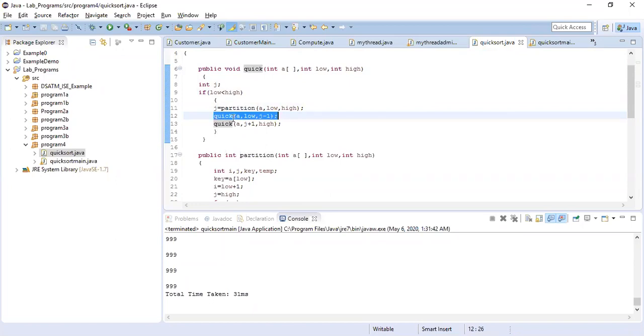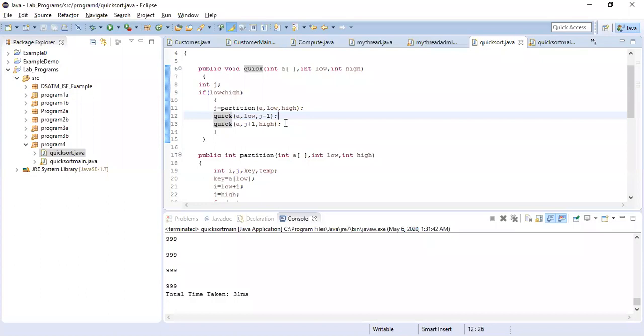The first part of the array consists of a, low, j minus 1, and the next part consists of, as you already know from binary search, the rest. Observe, we are not adding that pivot element to either part of the array.